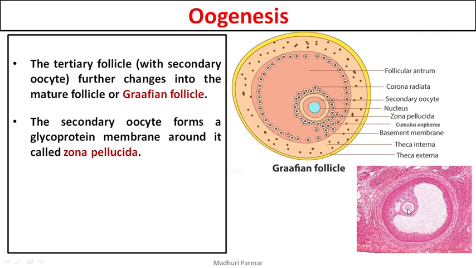तो रिमेंबर दिस, आपके ग्राफियन फॉलिकल में सबसे बीच में है oocyte, सेकेंडरी oocyte, उसके बाद है जेली जैसा कोट जिसको जोना पेलोसिडा बोलेंगे। आउटसाइड द जोना पेलोसिडा देयर आर सम ग्रैनुलोसा सेल्स, दिख रहे हैं आपको। तो ये ग्रैनुलोसा सेल को बोलते हैं कोरोना रेडियाटा। कोरोना हमारा कोरोना वैक्सीन या कोरोना जो कोविड-19 है वो वाला नहीं, ठीक है। कोरोना wherever you hear it means crown, ओके, अ सर्कल। तो ये जो इसके आजू बाजू में एक क्राउन जैसा सर्कल जैसा बन रहा है, इसलिए इसको नाम दे दिया कोरोना रेडियाटा, ठीक है ना।